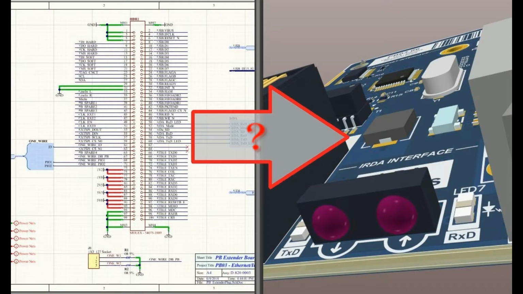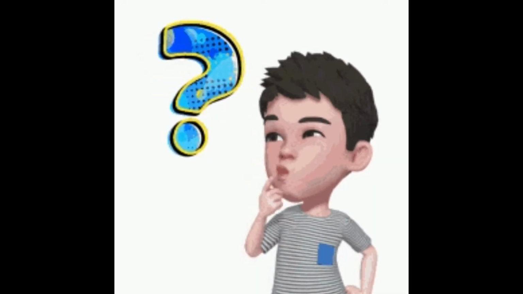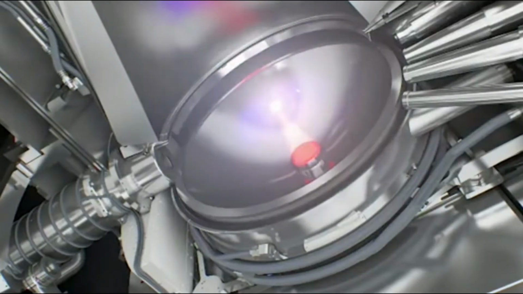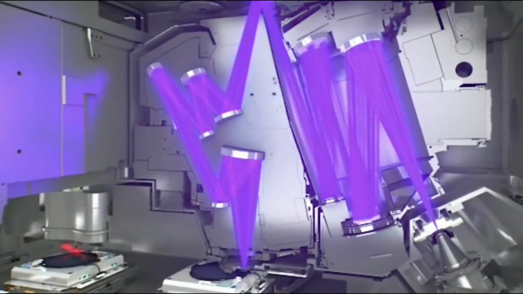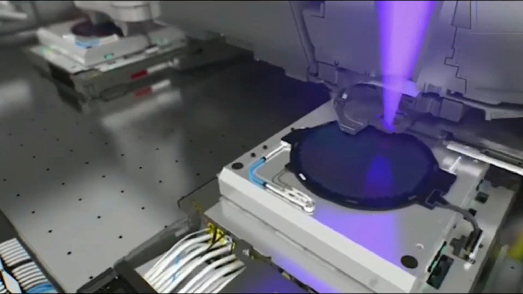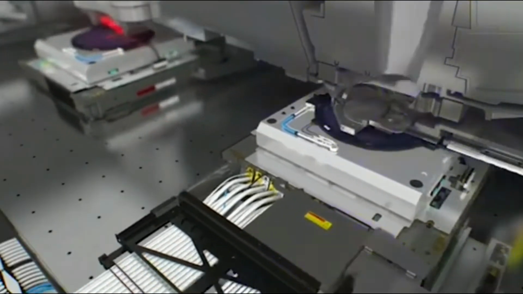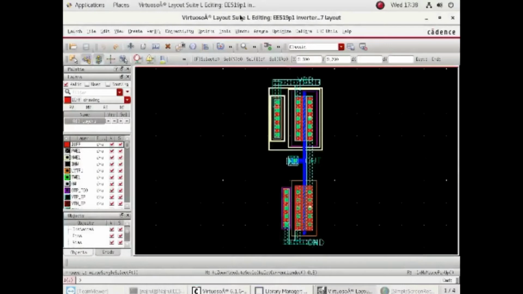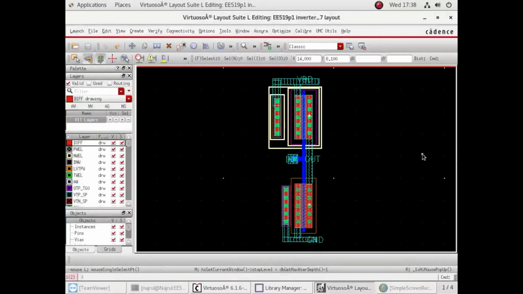So in our case, for an inverter, we really need a tool that can compare the connectivities of our layout with that of the schematic and ensure that it really represents a layout for an inverter. So one way Calibre does this is by generating an XSpice netlist file from the layout and comparing it with the netlist for the schematic. So this is the basic essence of the LVS tool. So let us start with how to do the LVS.